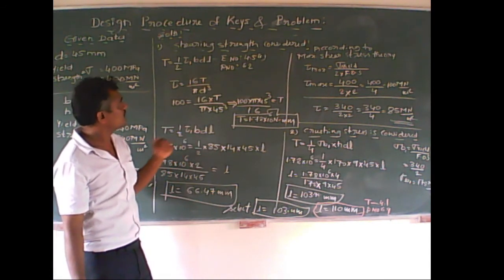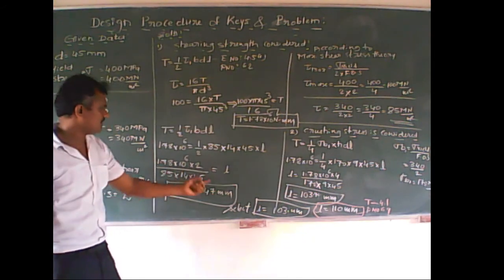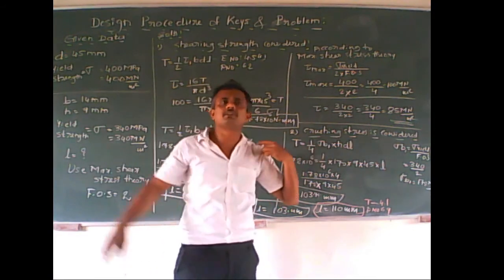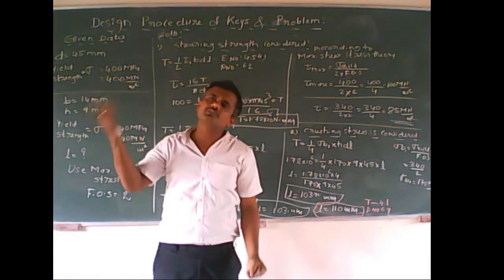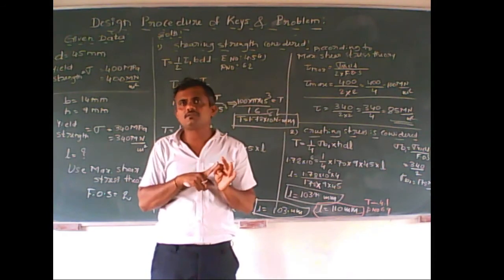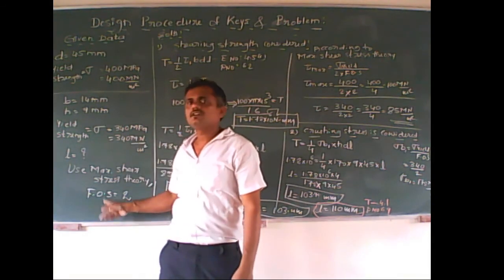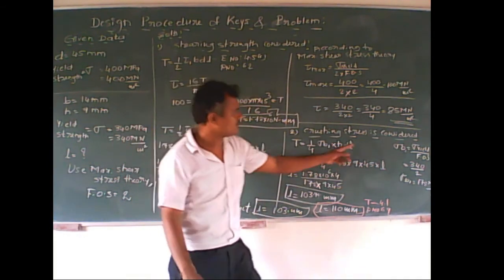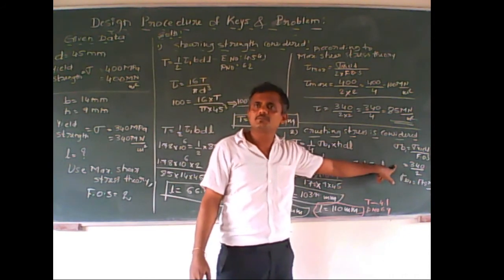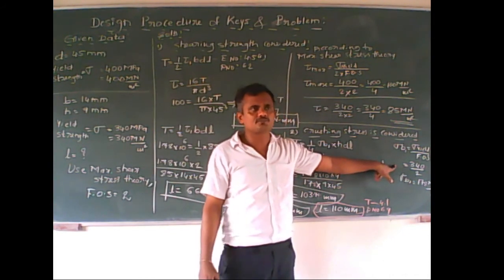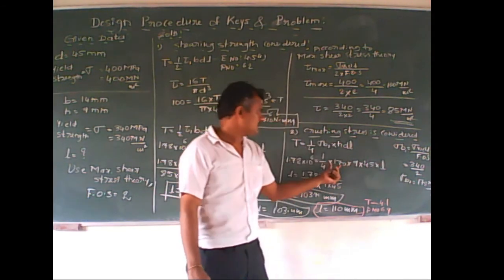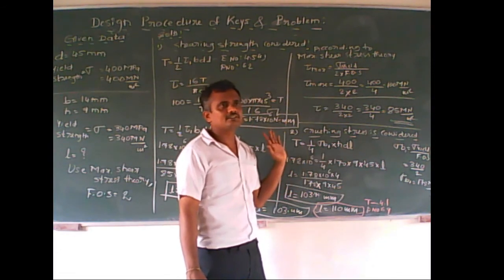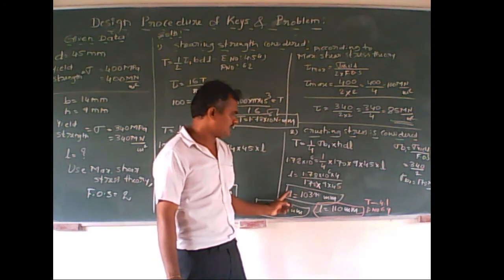This 85 we can use here and here also. And afterwards, we can get the length as this much. And afterwards, the second possibility is sigma B1. As we know that it is a yield strength, in the previous problem also, if a yield strength or ultimate strength is given, that should be divided by a factor of safety, so that you get working stress, the working crushing stress. This is the normal procedure which we have done in the previous design of shafts also. So 170 is obtained. Substitute the value of 170 as sigma B1, so that we get L.